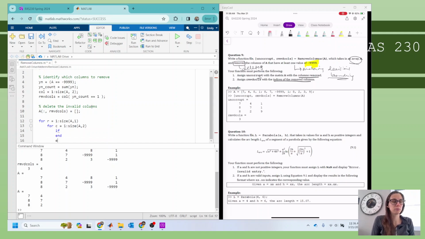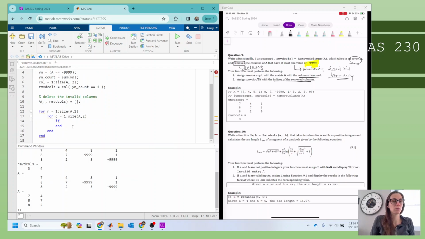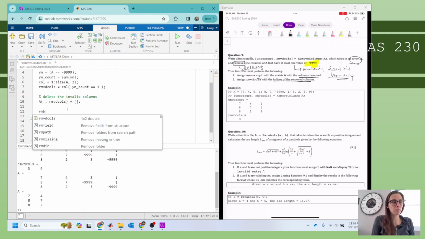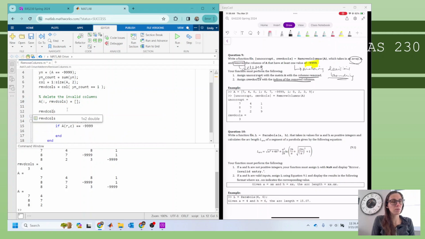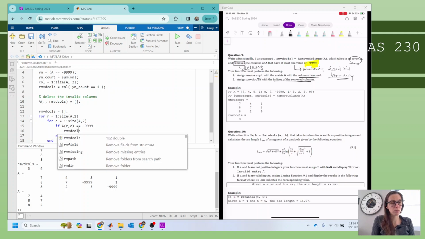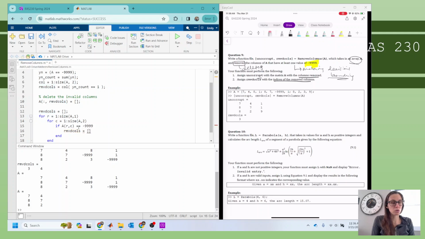If A of R comma C equals negative 999, then I can add to my removed columns, starting with removed columns as an empty array, then I can say removed columns equals